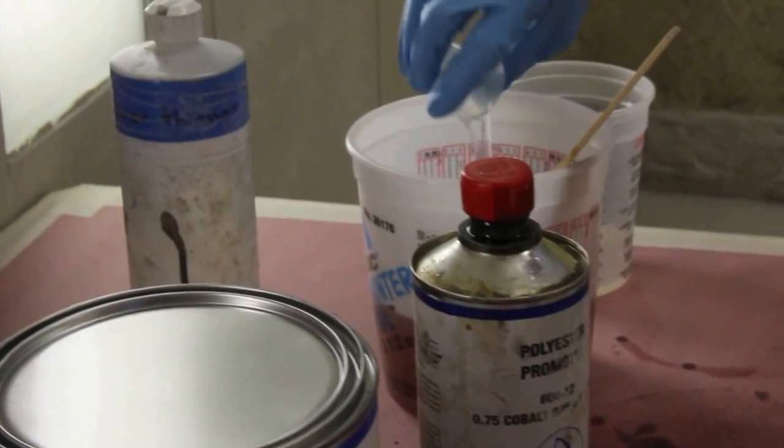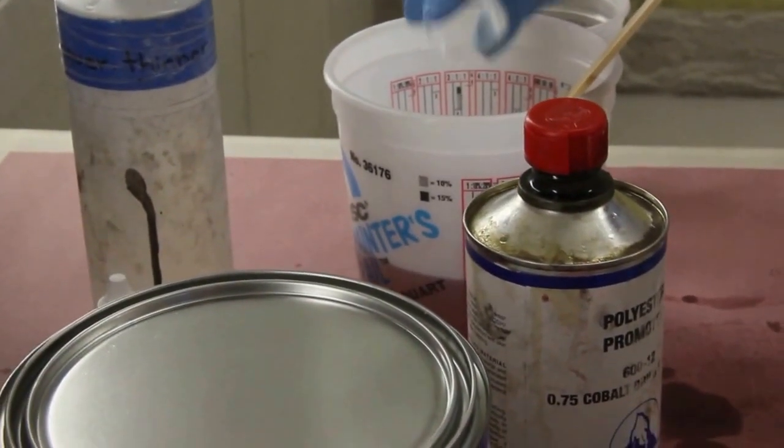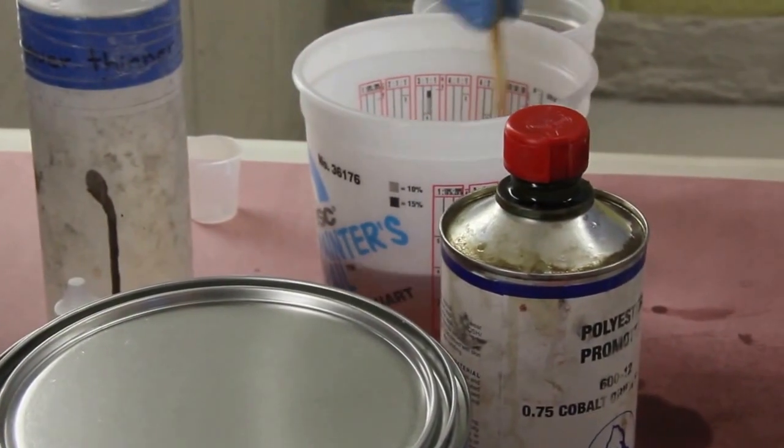And now we're ready to mix this in. Now we're going to mix this well, and then we're going to put this into the gun, and we're going to show the initial applications here for you. Okay, so here we are